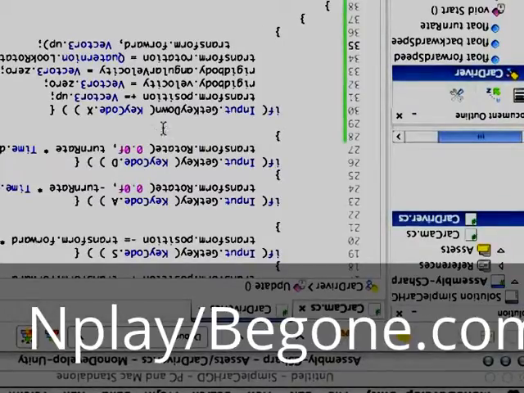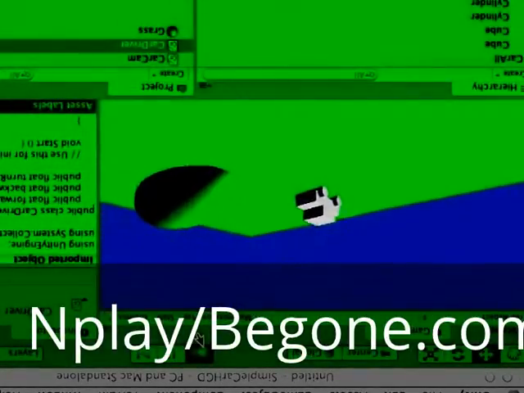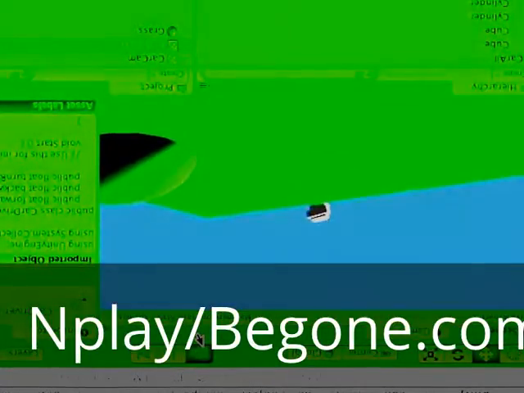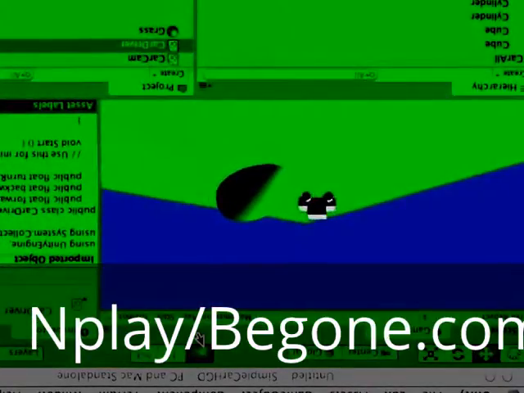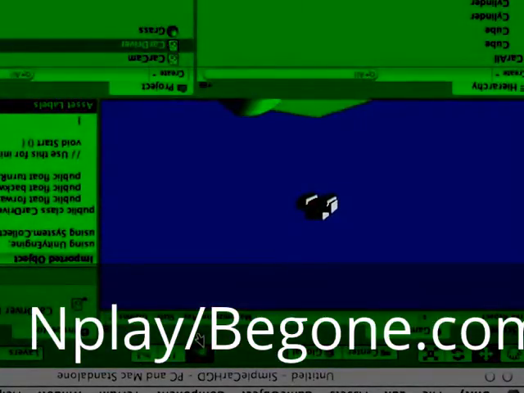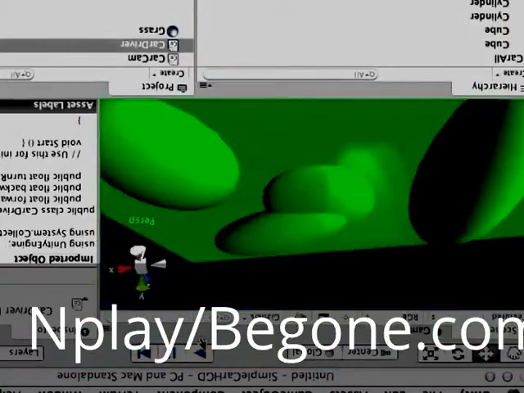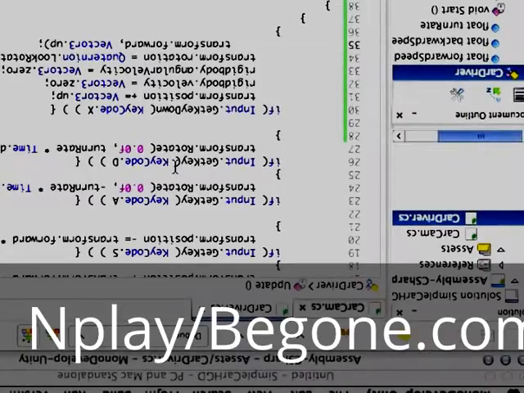Now if the car falls off the edge of the world, that's still a problem, because we can upright the car if it flips, but if the car drives off the edge of the world, it's just gone. There's no saving it. I mean, you could keep tapping the upright button, and you can still drive in the air. But let's pretend like that doesn't work, because that shouldn't, and we should fix that on a day when we have more time. So instead, let's make it so that if the car goes below a certain point, it will respawn at a